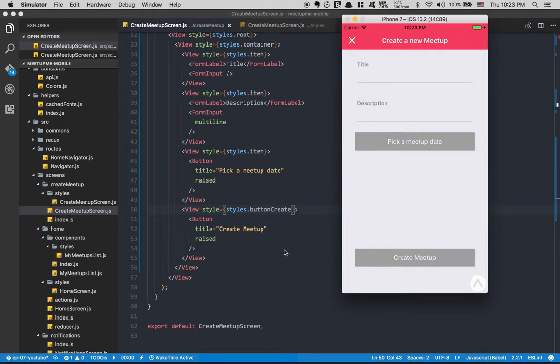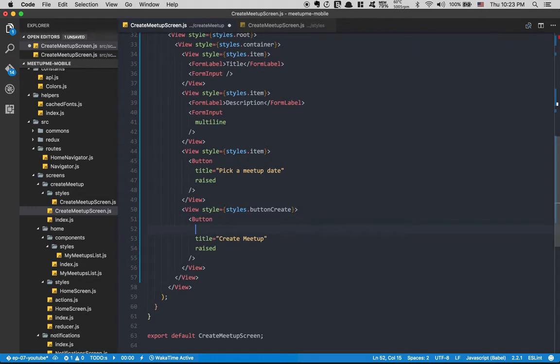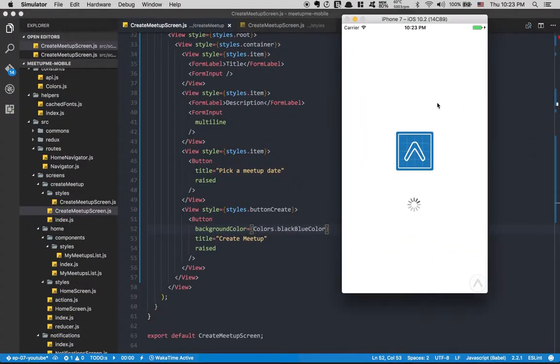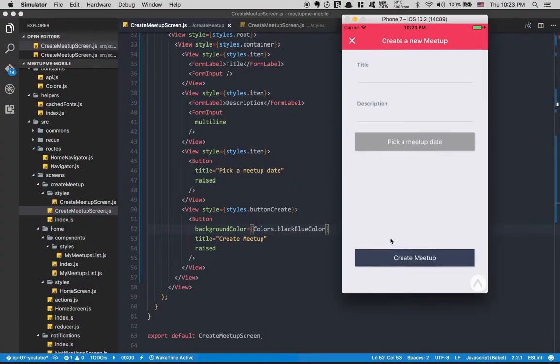After that, I would like to have this create meetup in another color, because right now it's pretty weird to have two gray buttons. So I'm gonna put background color. I'm gonna take my dark blue colors. So now if I'm refreshing, I'm gonna get a much more beautiful button color. Perfect. After that here, as you can see, this is not the font. I want to have the font